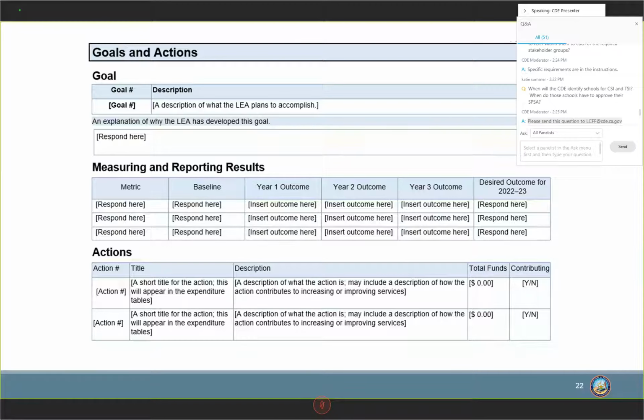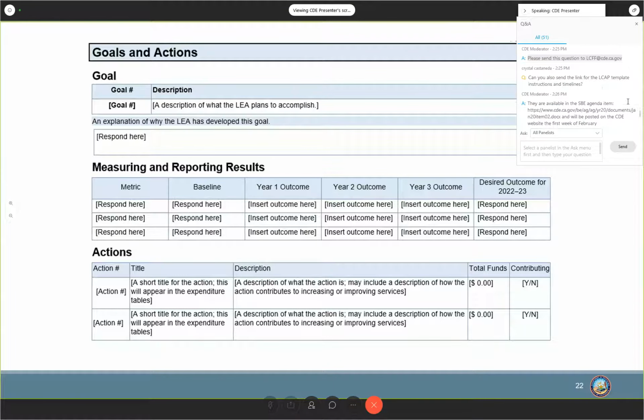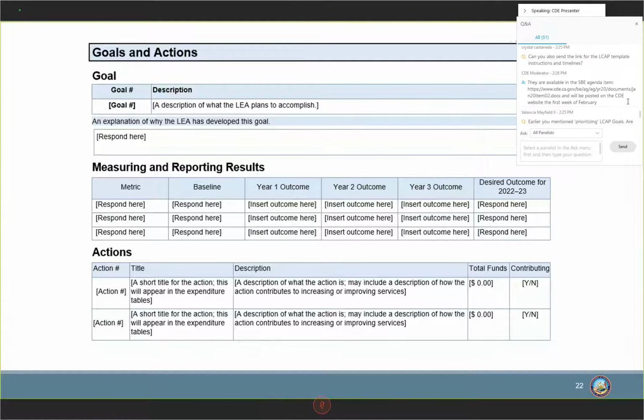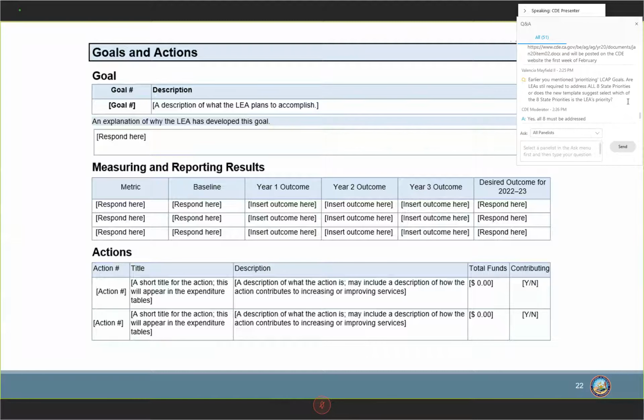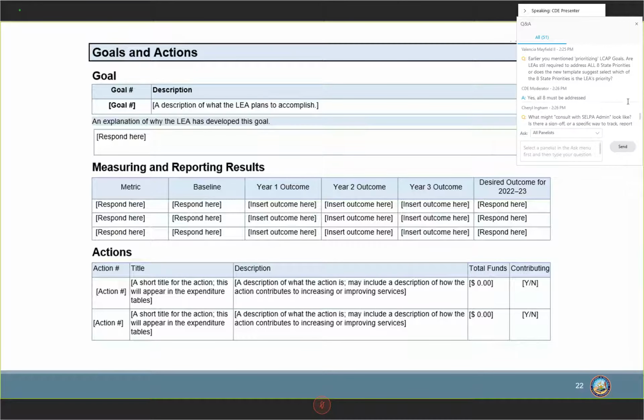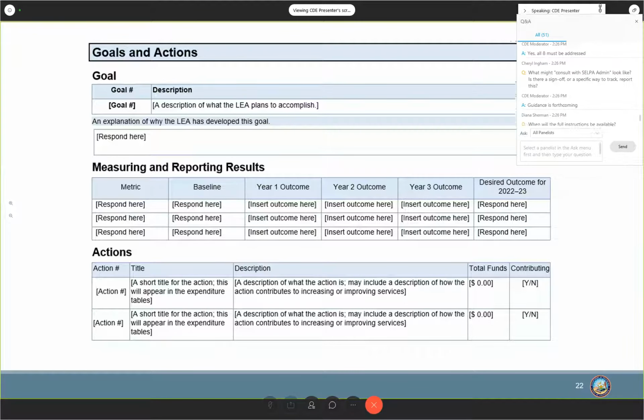Looking at the third part, actions, you have your action number and title. The title serves in the expenditure tables to provide a little information about what the action is for without having to include the whole description in the table. We'll look at the tables in just a second, and you can see more about what I mean there. But keep that in mind when you're creating a title for the action, how it's going to look in the expenditure table. Over on the far right-hand side of the actions part, you'll see the contributing column.